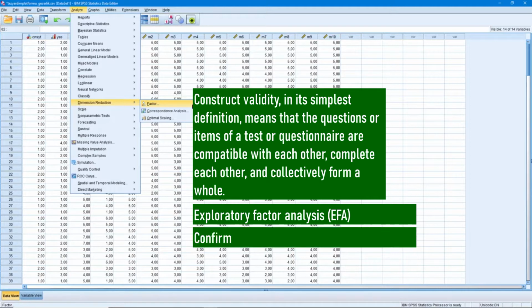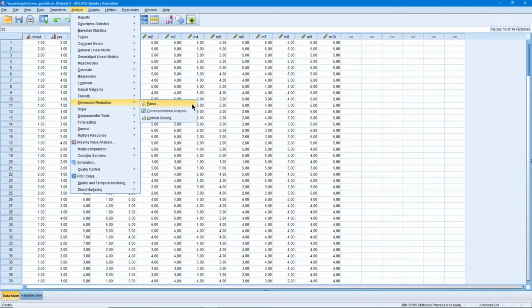There is also confirmatory factor analysis, which is used when the researcher has prior knowledge of the factor structure of the items and wants to confirm it. In other words, there are two factor analyses, exploratory and confirmatory. What we will do here is exploratory factor analysis, EFA. I explained them because I thought it was important to know what we were doing.